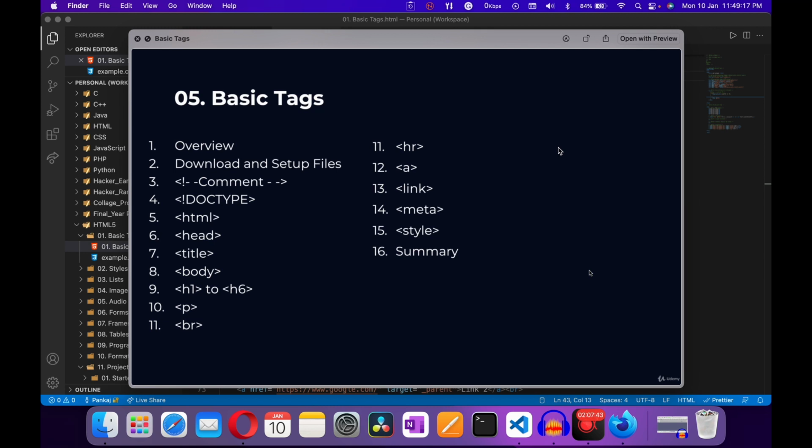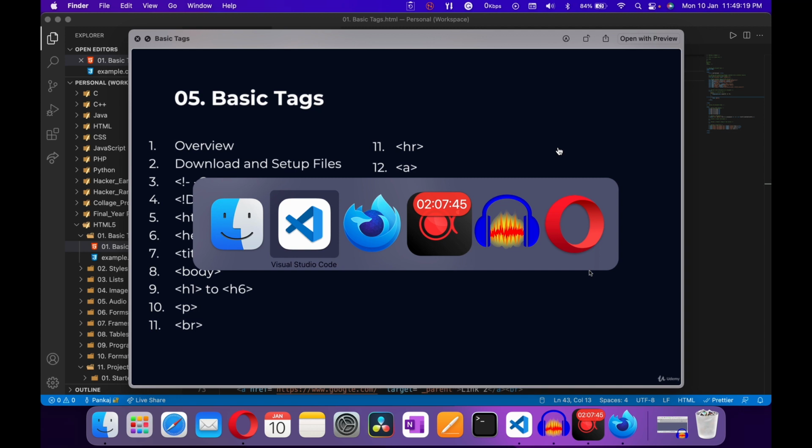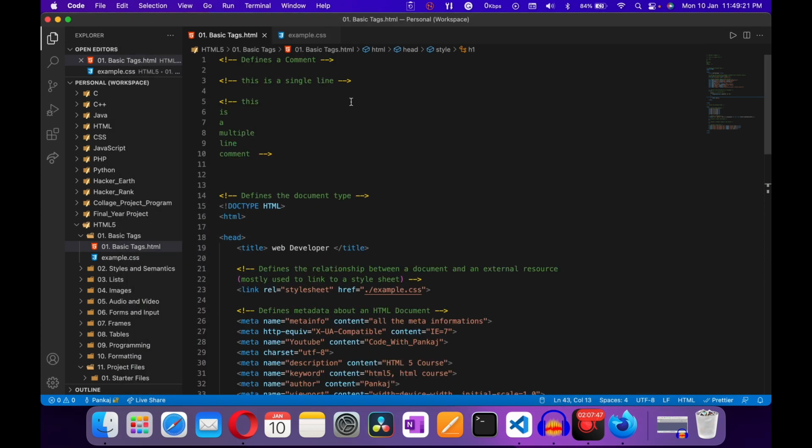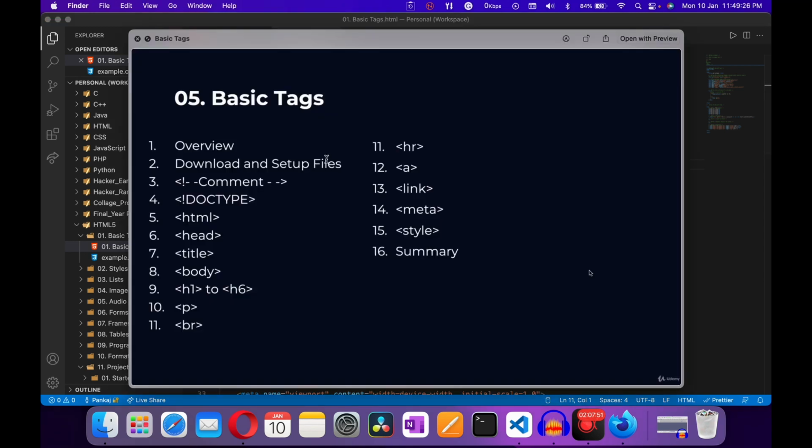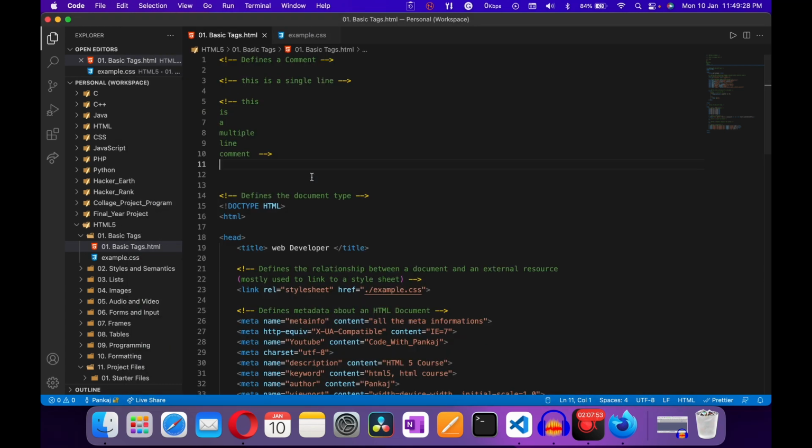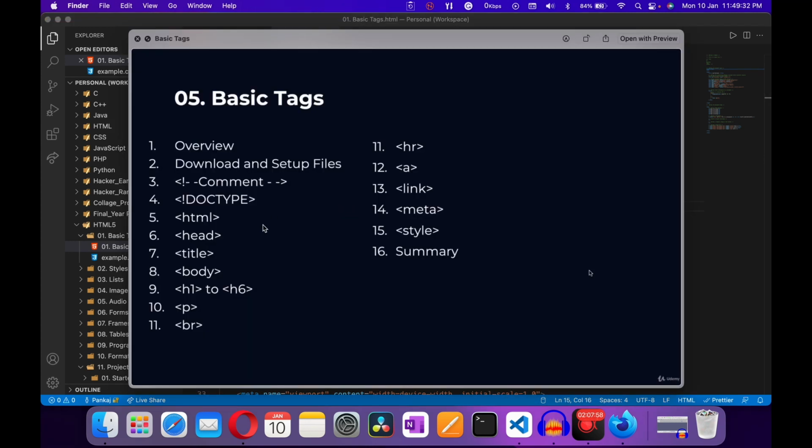After that we learned comments, as I show you right here. These are comments from this right here. And after that we learned doctype right here, document type. After that we learned HTML, then head, then title, body, H1 to H6, P for paragraph, BR for line break, HR for horizontal line, A for anchor tag or a link tag.